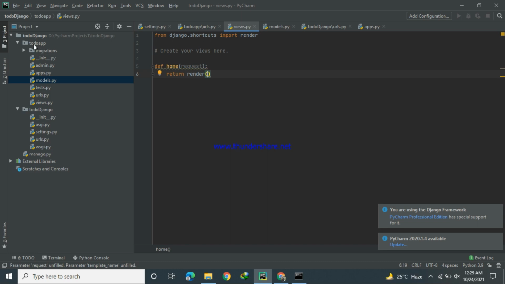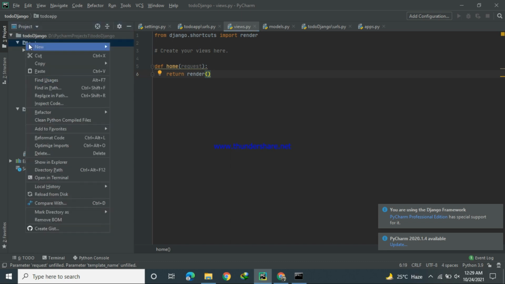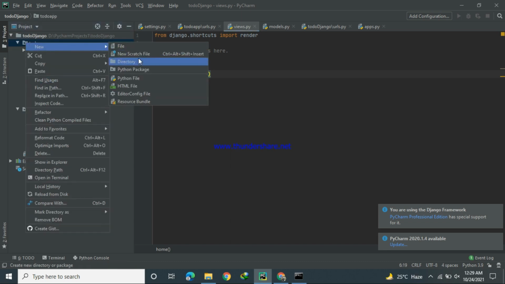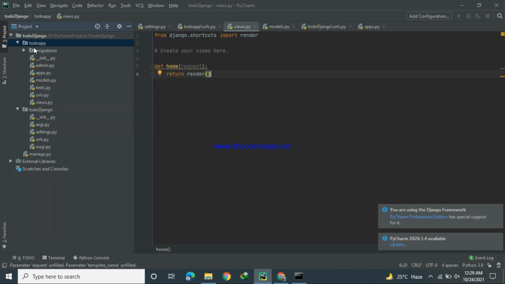First of all, you have to see the methods to add templates. In the Todo app I will attach templates. Then in the templates folder I will create a folder named Todo app, and in that folder I will put our HTML template.